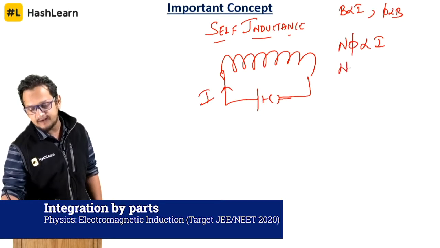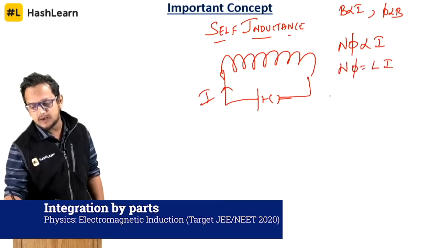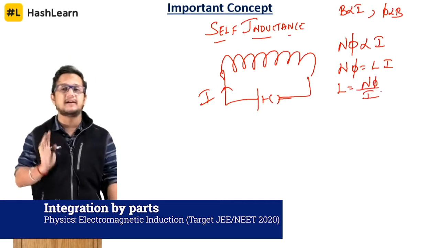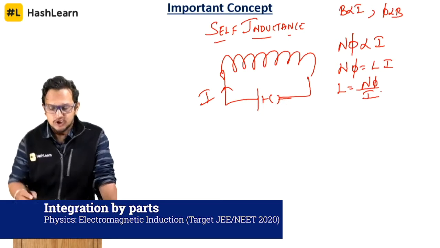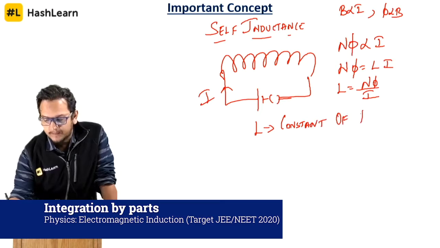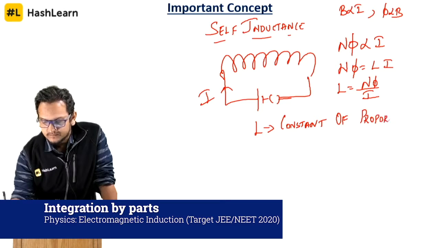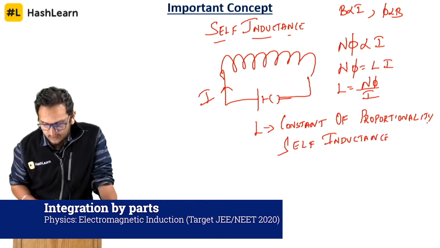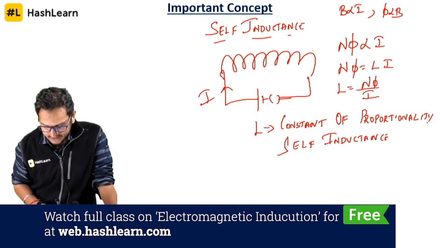So we have N phi is equal to L into I, where L is the constant of proportionality, called the self-inductance. So it is the constant of proportionality which is called the self-inductance, which is actually defined as,